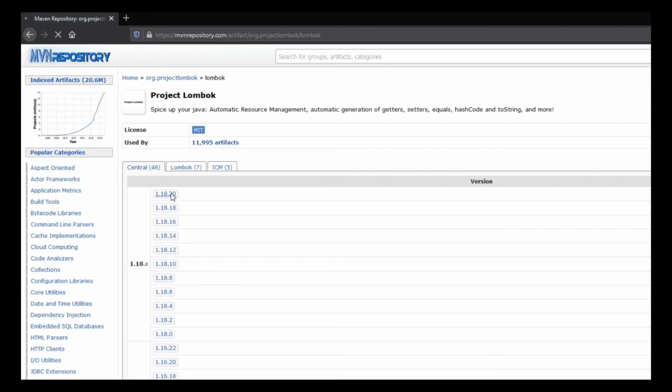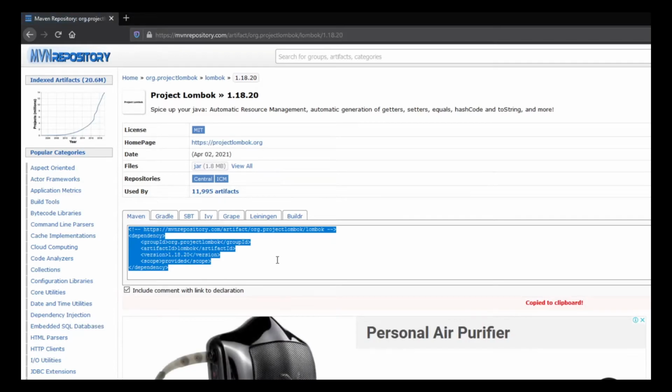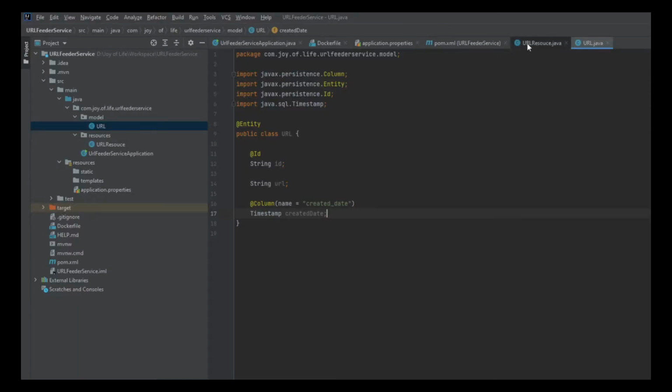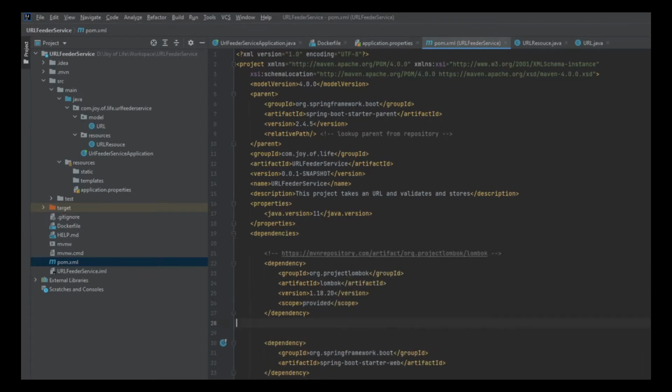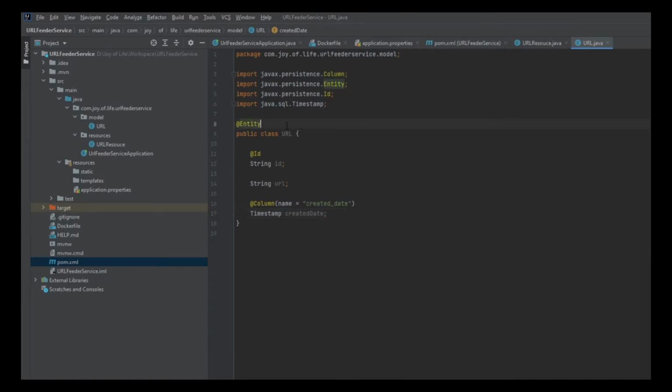We can pick up the latest version and add this to our pom file. Under the dependencies section, we are adding this dependency, and it's already been resolved, so that is fine. If you are not familiar with Lombok, it helps us to create whatever we need, right? So this class doesn't have any getters and setters, right?